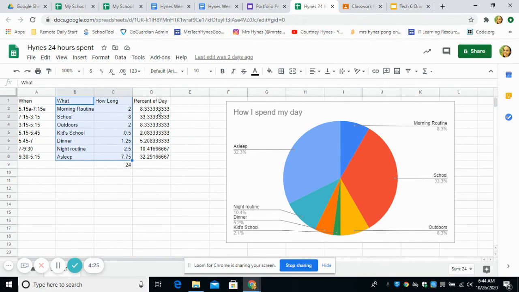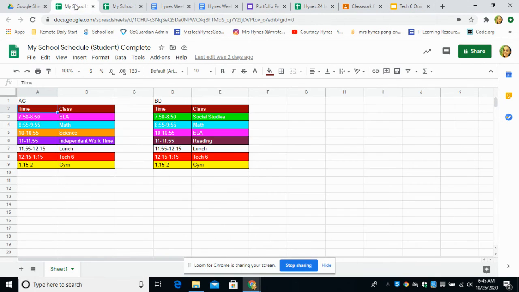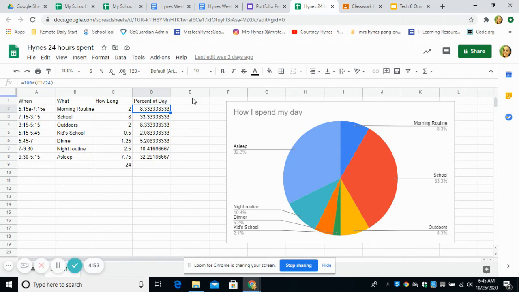We'll talk about percentages. So you know how in math you're learning about percentages? We're going to touch on that again in tech. So we'll be able to figure out what percentage of your day you spend doing one of your tasks. And then hopefully by the end of this, you'll end up with some sheets that you would like to display on your tech portfolio. So I'm really excited this week to help you become better at time management. I'm really excited to show you the tool of Google